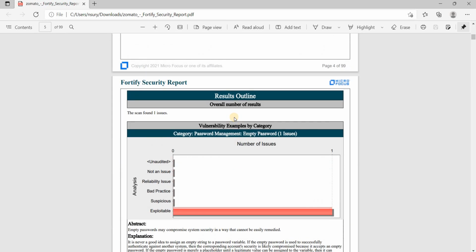Mostly, I prefer Checkmarx over Fortify. Fortify is going to take much time to scan a few lines of code. If the code is 40,000 or 50,000 lines, it's going to take at least 1 to 1.5 hours, whereas Checkmarx does that in less time, and we also get more vulnerabilities in Checkmarx. I personally prefer Checkmarx over Fortify. Both are good tools, but I prefer Checkmarx because it's easy to use and the GUI is very good. Even if it is your first time, you can learn everything in a single shot. You need not do hands-on practice for Checkmarx.